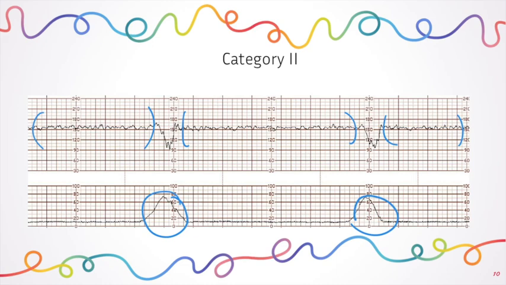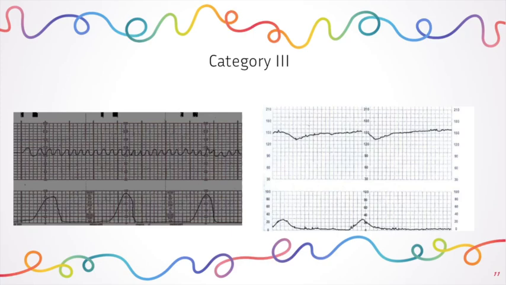We have moderate variability, but what's happening here, the fetal heart rate is dropping below the baseline. Those are called decelerations, okay? So a deceleration means that it's a category 2 tracing. And a category 3 is a little more ominous here. We can have a sinusoidal pattern, which I know you probably have heard that phrase before. Typically, sinusoidal patterns like this let me know the baby might have some fetal anemia happening, so that's a category